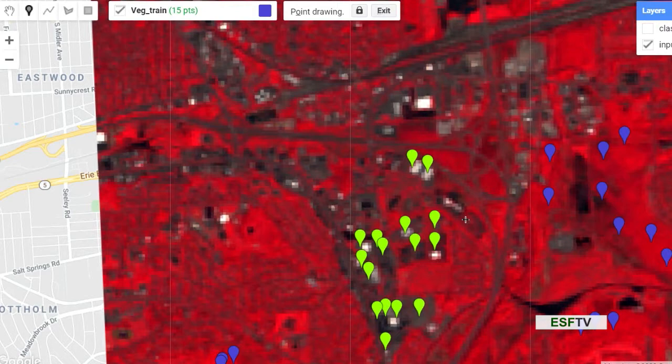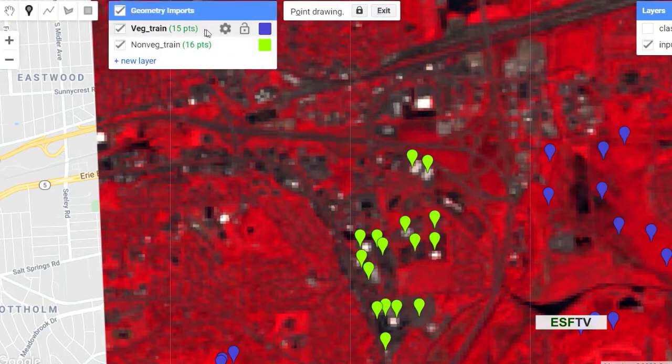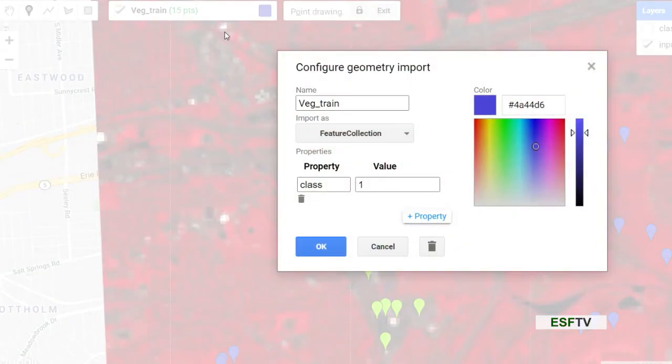So once we create these features, we can go into this tab or this highlighted area as I'm clicking on there, and you can click this gear icon, and then a menu will pop up as you can see on the screen there. You can name this layer to whatever you want it to be. So in this example, I named it vegetated training class. And then you can also give it a color, as I showed earlier very quickly. And you can just click on this color ramp, and the color will be changed